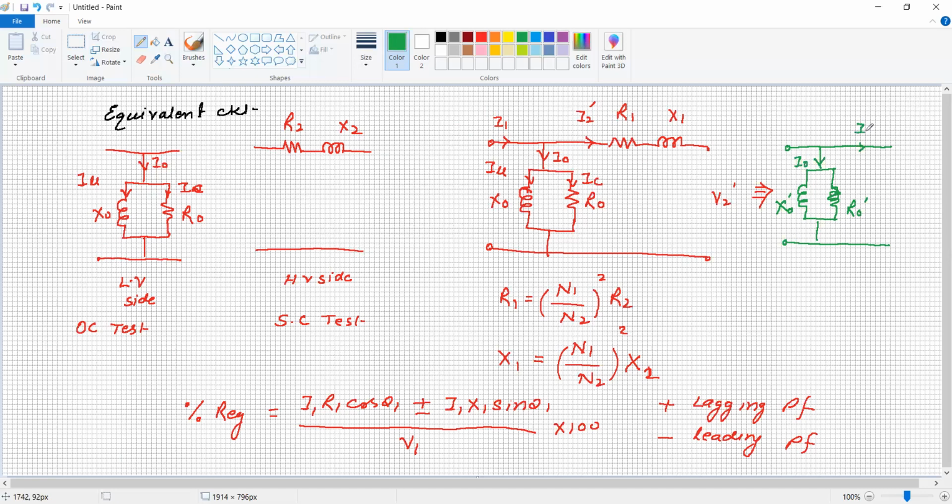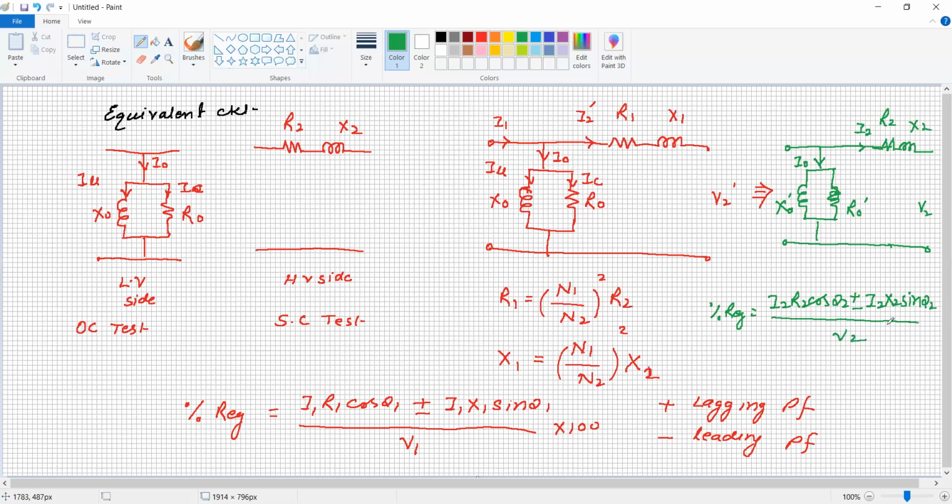Here it is I2, resistance is R2, reactance is X2, and this is voltage V2, not V2 dash. So this equivalent circuit can be referred to the primary side or to the secondary side. Therefore, the percentage regulation becomes I2 R2 cos theta 2 plus or minus I2 X2 sin theta 2 divided by